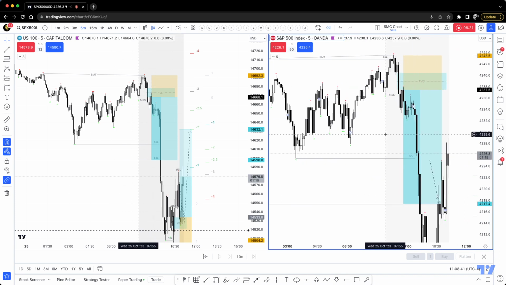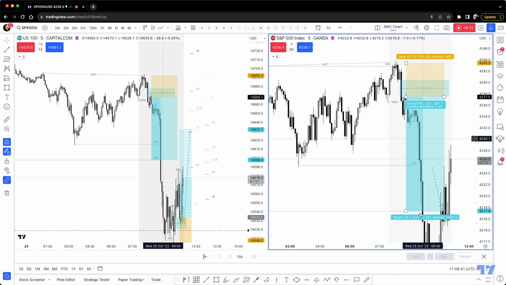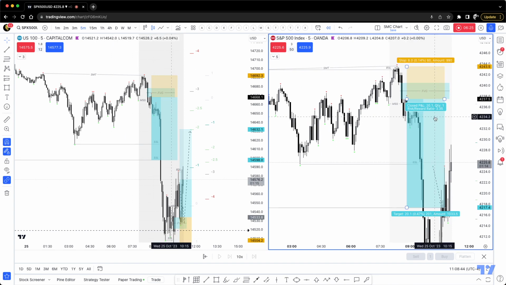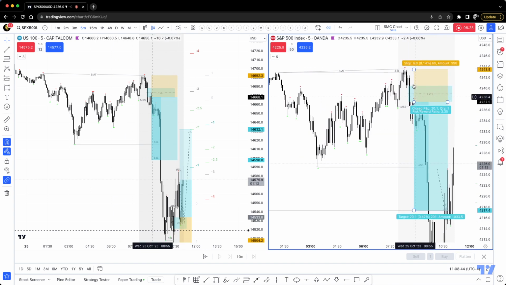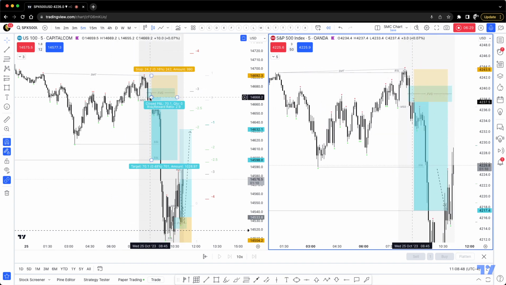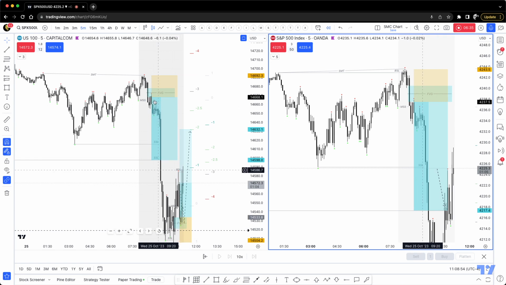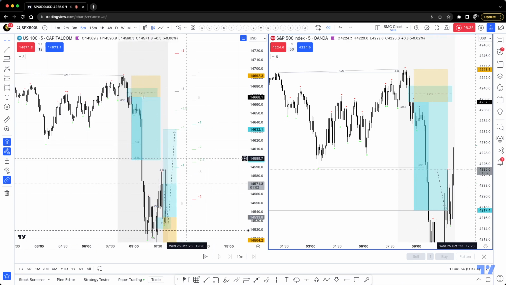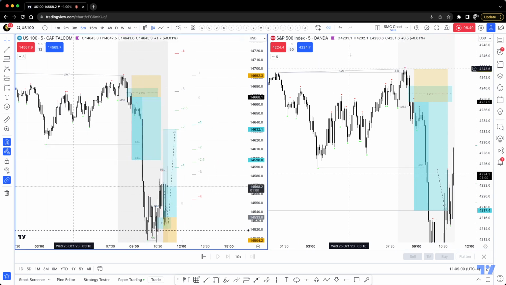I wish every day would be like that. Unfortunately, it's not. Not every single day is like that. But this position, the two of them were really nice. They both mitigated the fair value gap, barely touching it, barely going into a drawdown. Boom, and that thing displacing to the downside. Huge, huge move to the downside in there.